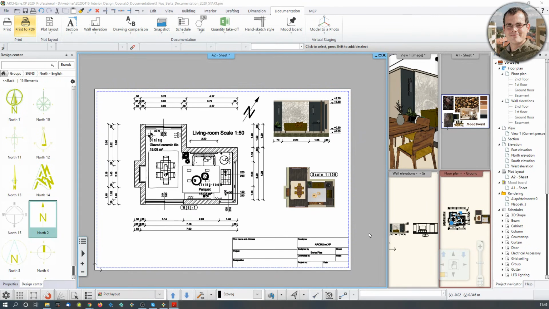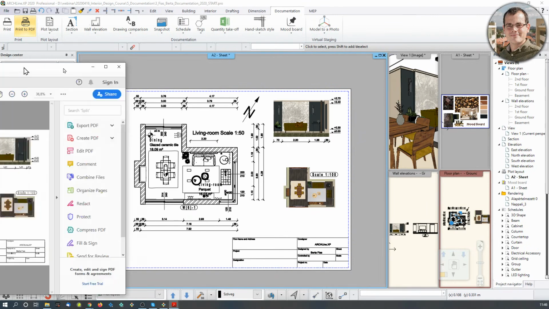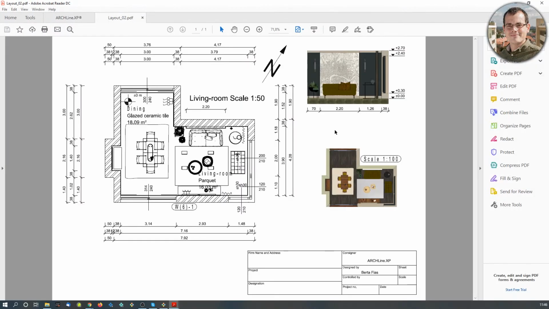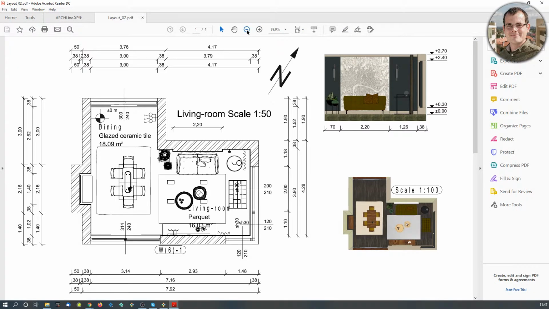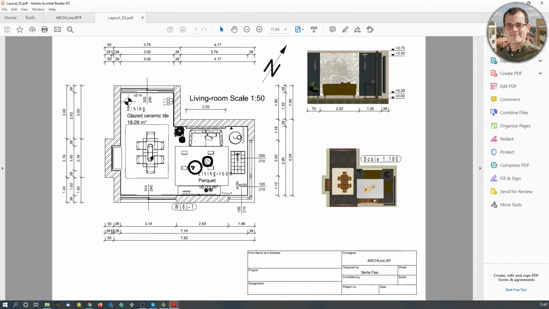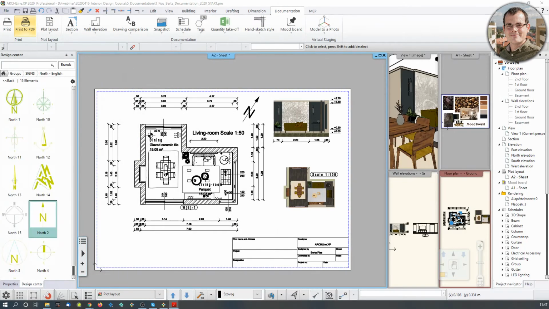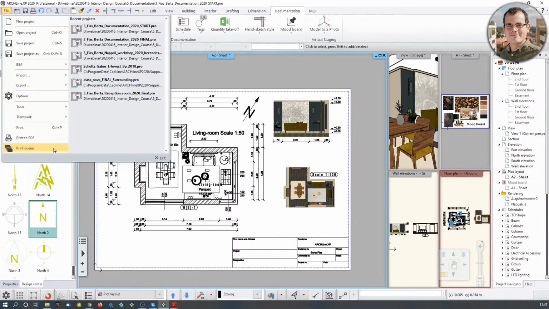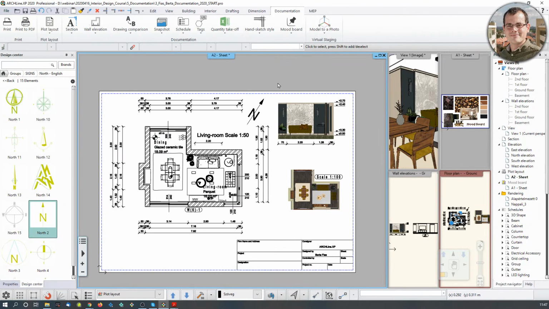So let me just drag it onto here. This is appearing in another window. So let's just zoom in. So this is how you create a layout. If you want to create a multi-page layout, make sure you check out my architectural course, because there we discussed how to create a print queue, print queue of certain print shops. This is, I think, too advanced now to discuss, but I think this is what we wanted to cover